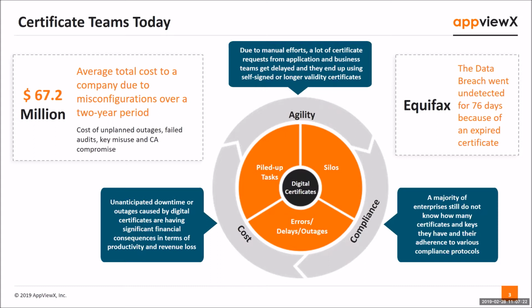Because of the cloud coming in and encryption becoming the center focus, and also, again, with cloud and a lot of changes coming in, compliance is another major focus area. And then all this has to be done while optimizing the cost. So it's a three-pronged problem, and having a misconfiguration in any of these could have a huge repercussion and a huge price that they need to pay from a reputation perspective, data leakage perspective, compliance perspective, and